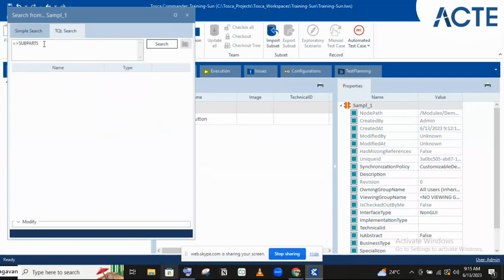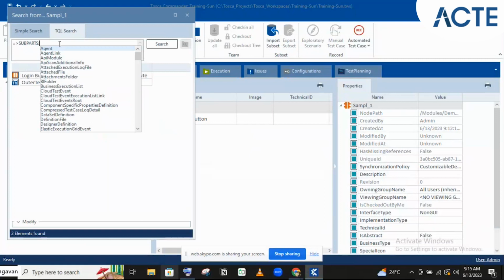So this is aggregation name or association name, and from this, a colon. So it will show all the subparts options. If I put the colon, it will show me all the subparts options. So from this I'm selecting test case. I'm selecting, we'll go to module. Okay, I'm selecting